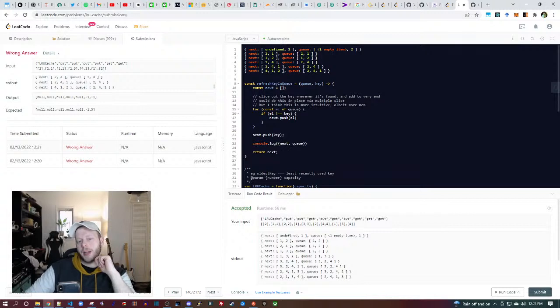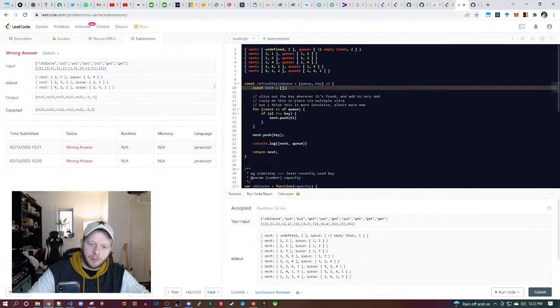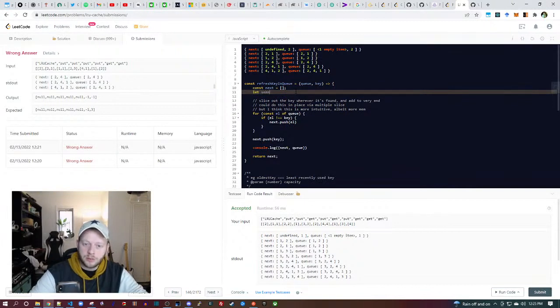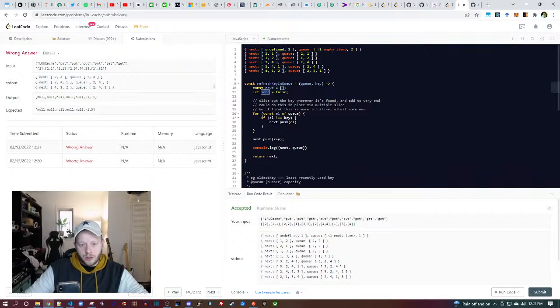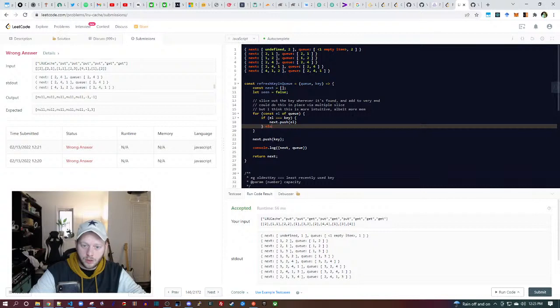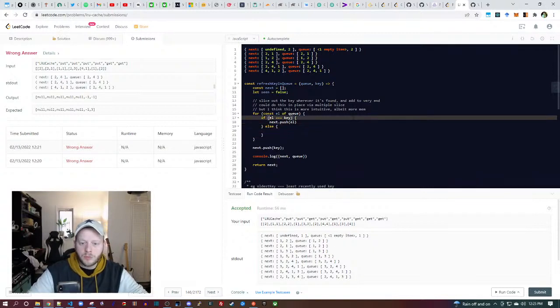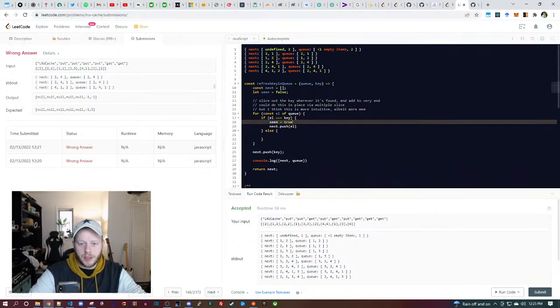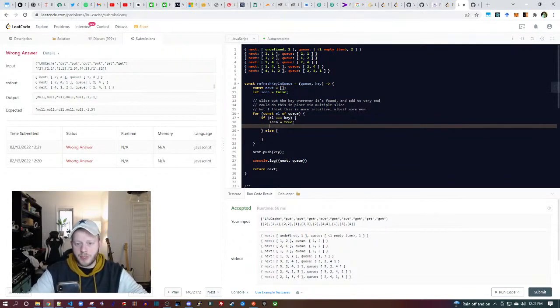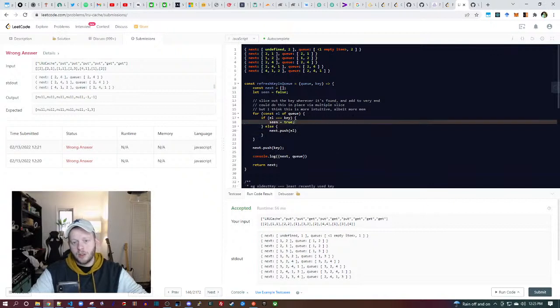Yeah, so I can just add a flag that's like, were you in this queue? So if the element is the key, then we've seen it. And if we haven't seen it,